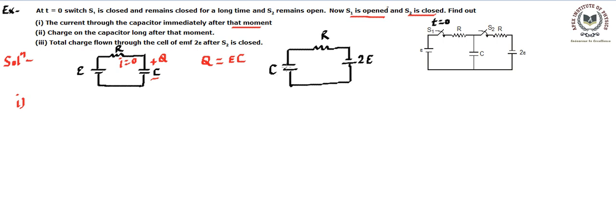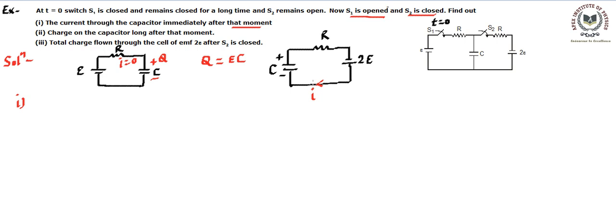Now at that moment this capacitor will have a charge Q, and initially it will have this plate as positive charge and this as negative charge. So for the first part, just after we get this circuit working, the charge will be Q. Since the charge is Q, we can say what the current running at this instant will be. If the current I runs like this, we can find what this current is going to be. Still the charge is Q.